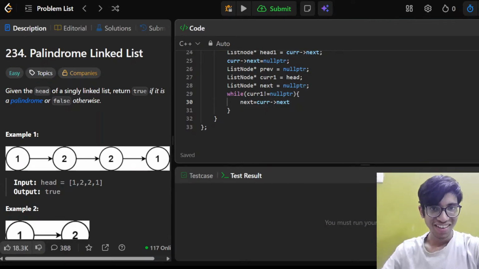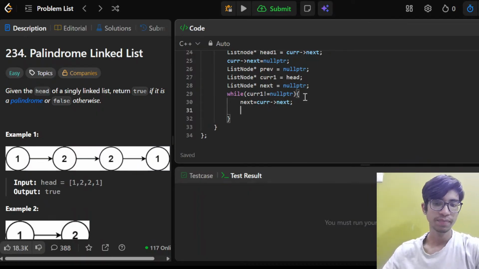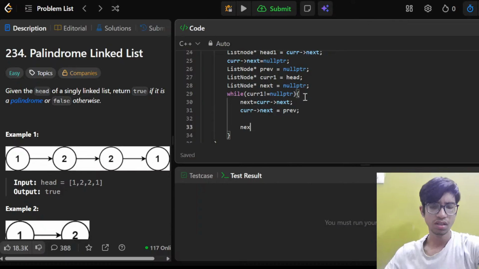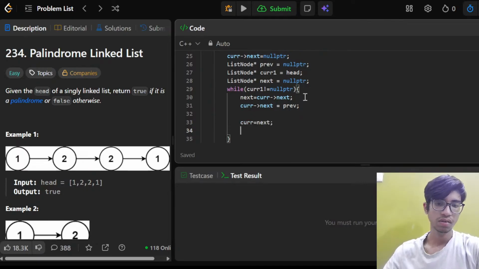How's this? Okay, so yeah, damn. Next is equal to curr's next, and curr's next is equal to prev, then prev is equal to curr, and curr is equal to next.